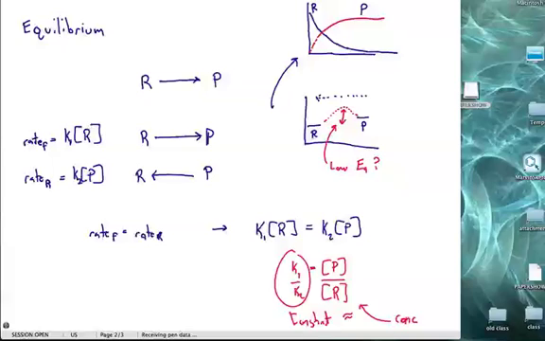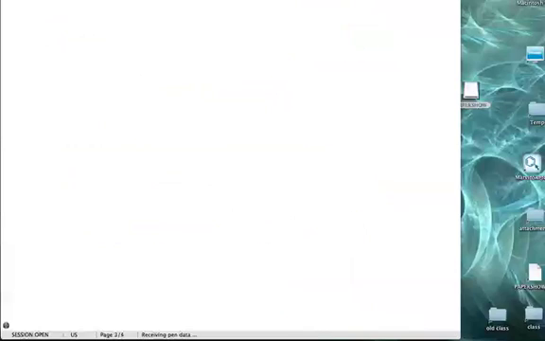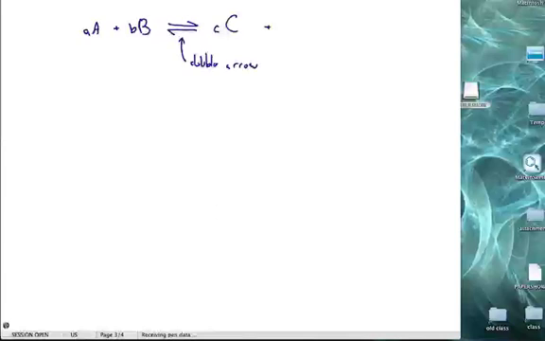They don't always look like this. This isn't as simple as it is. But we can write a generic expression that sums this up. Reaction A plus B going to C plus D, in equilibrium, and we use a special double-headed arrow to represent that this is an equilibrium. For every equilibrium reaction, the equilibrium constant, KEQ, will be equal to,